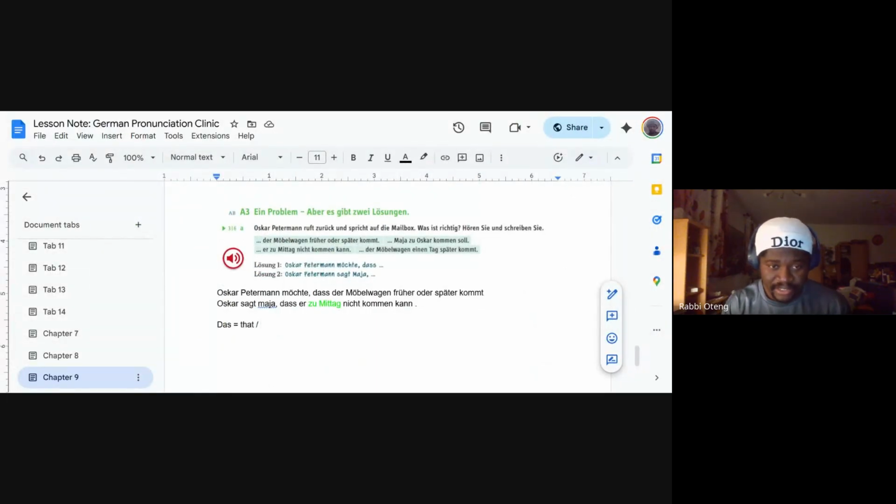So this is dass plus the verb. Okay, so it's different from this das. This das is equal to "it's that", okay. But in usage, we use this dass as like a conjunction: I believe that, I know that, we heard that. So it's not "that" as in that boy, that man, or "that's Fenster", that's window, okay.